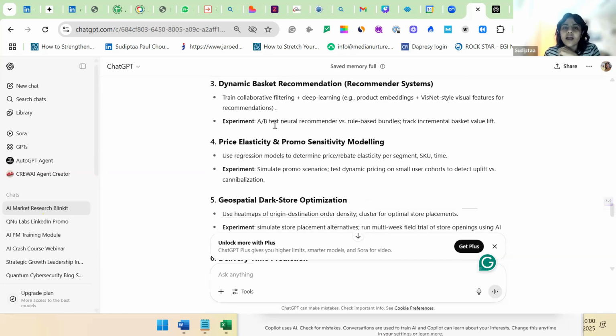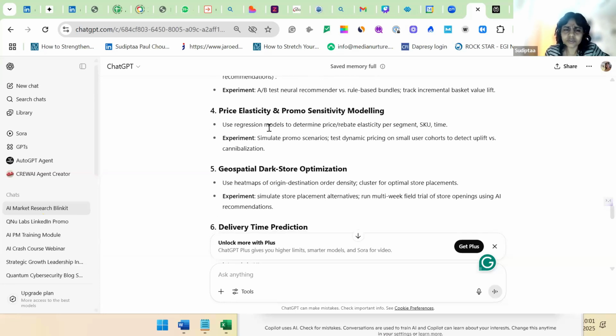So you need to understand different types of experiments: image, maybe the product embedding, complementary product, combo product, and you need to do this A/B testing, and then of course rule based, also identify the incremental basket value when you are checking out. That time also you show something else with this milk. We have come up with a multi-grain bread which is zero maida, with chia seeds, watermelon seeds, all these seeds. And you also give some star ratings, some testimonials showing this, and see whether the person, who hadn't thought of it, goes for the incremental basket, right?